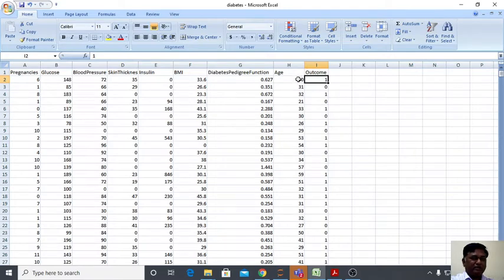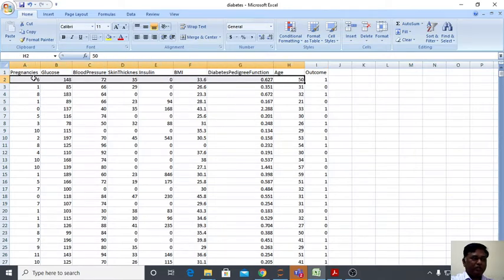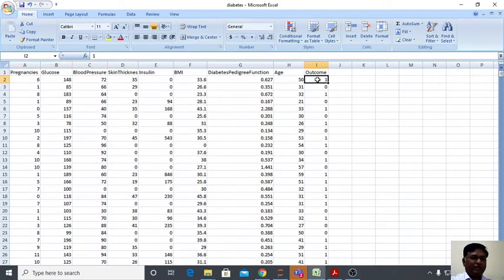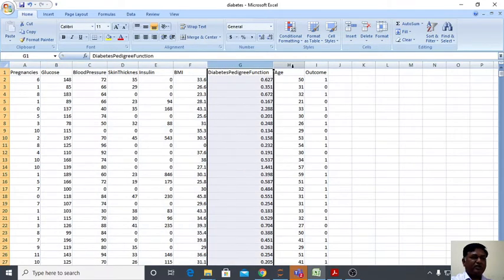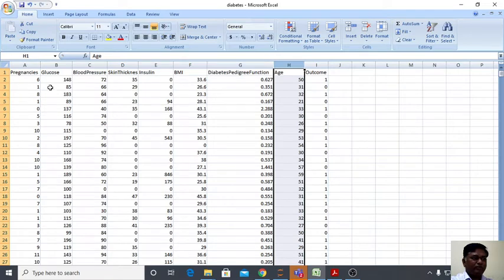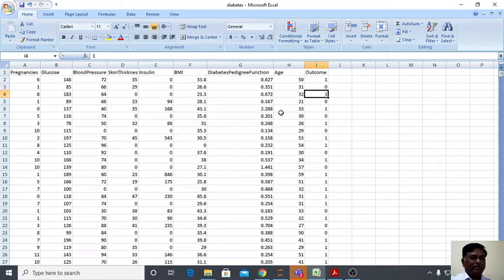Outcome tells whether that particular woman will have diabetes or not. 1 means the woman has diabetes, 0 means she doesn't have diabetes, like yes diabetic, no diabetic. And these are the 8 different attributes, 1, 2, 3, 4, 5, 6, 7, 8. Based on these 8 attributes, whether the woman has diabetes or not is given in the data set.